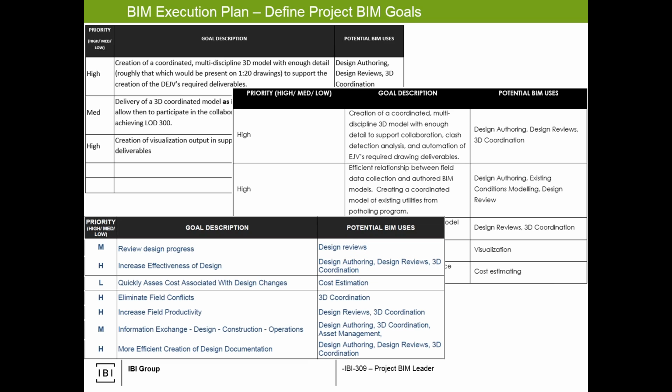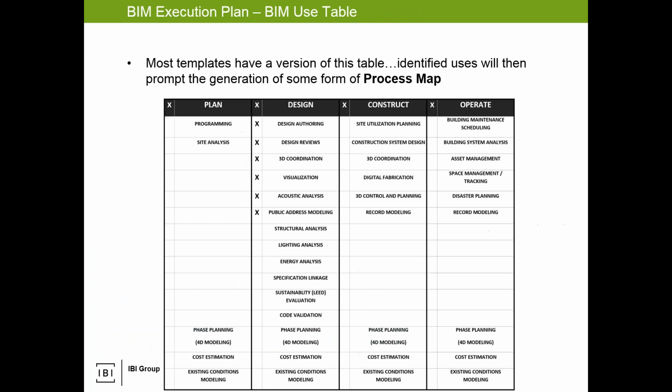Now, if you looked at a contractor's version of a BIM execution plan, what they may call a VDC execution plan, you'll see a lot more goals. Provide a 4D schedule simulation harnessing the BIM models turned over by the designer. It's a good goal, puts a huge burden on us because then they're going to make sure that the data they get from us is correct or adequate enough for them to achieve their goals, and then they'll have different uses available. So depending on what level or what stage throughout the life cycle you are, these BIM goals will be augmented accordingly.